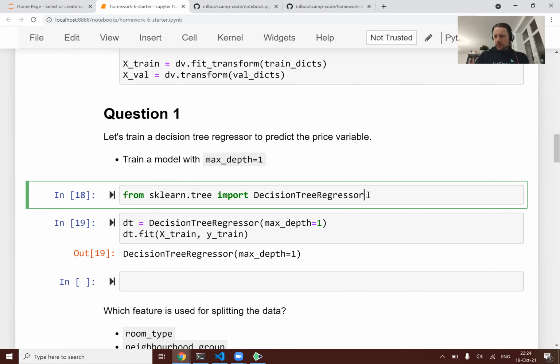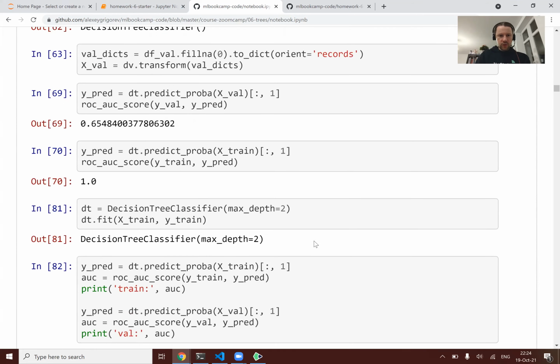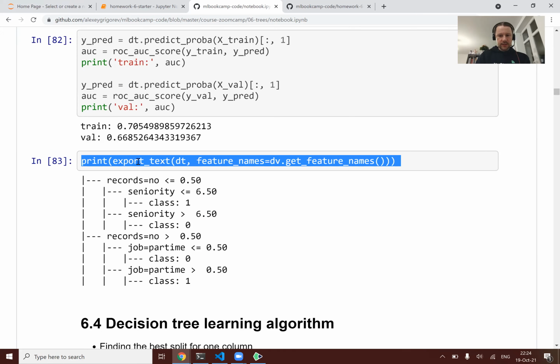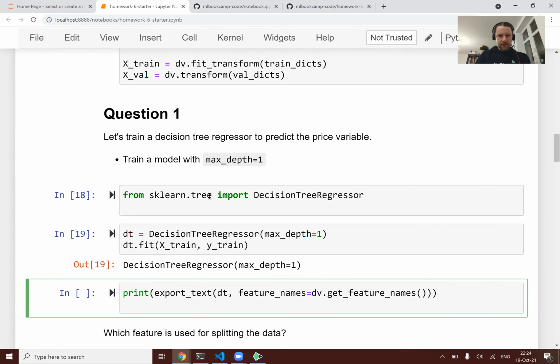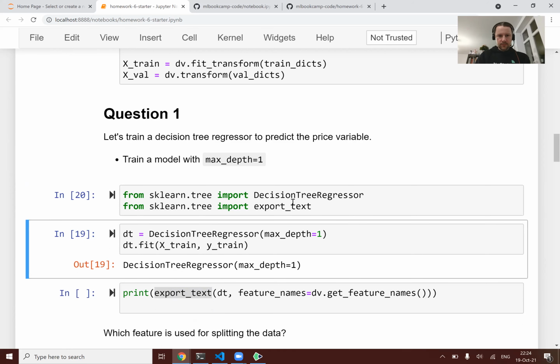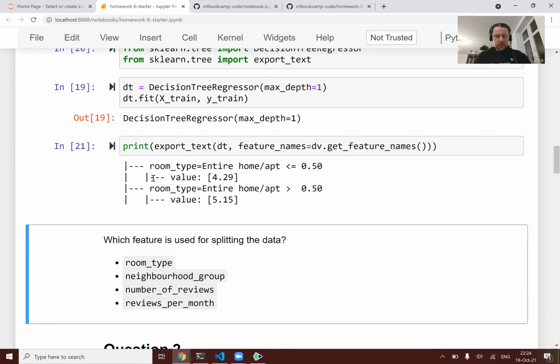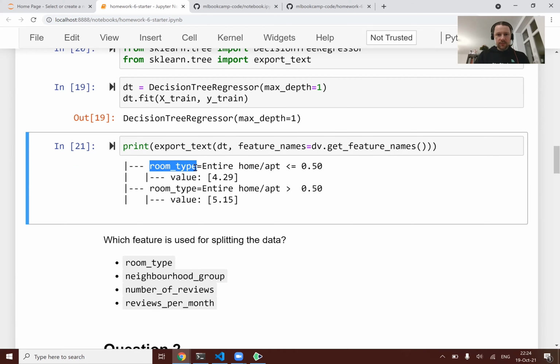What we need to do now is, remember here, we visualized the tree. We use this export text. Let me copy it here. What I also want to do is import this export text. Now let's just visualize it. And we see that the feature we used for splitting the data was room type, for some specific type of room, entire home or apartment. So the decision tree we have here is, if it's not the entire home or apartment, then the price is this. So it will predict,